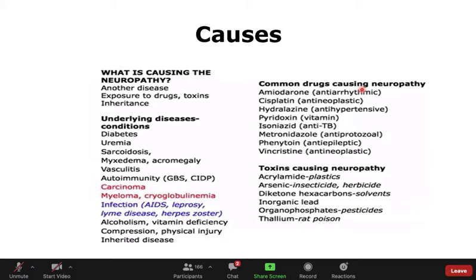Some act directly, some through affecting, for example, a vitamin, resulting in a problem in putting together, if you will, the myelin sheath, such as what happened with isoniazid. There's a long list of things, but the one that I want to mention to you here is the